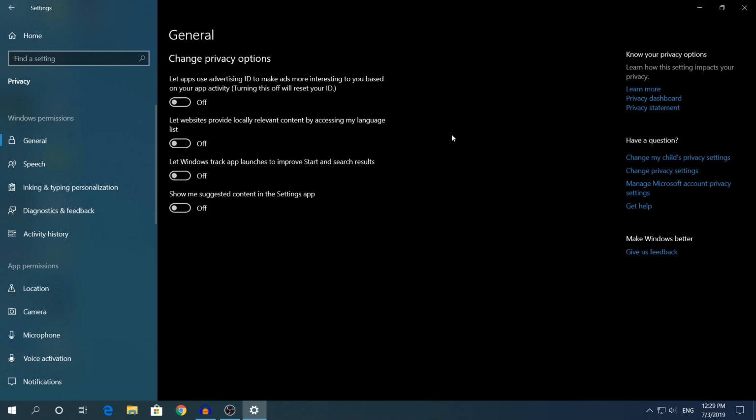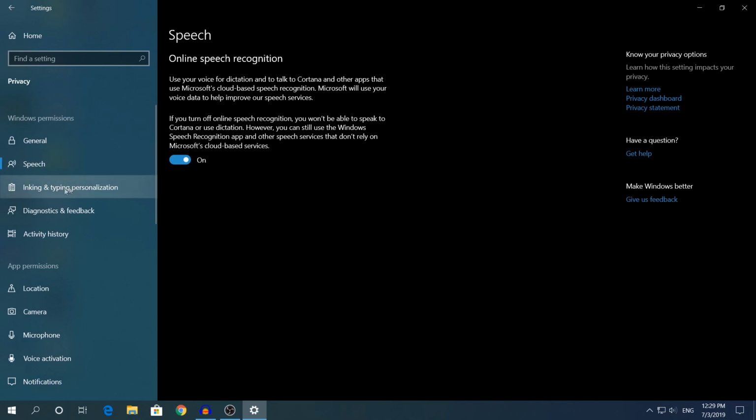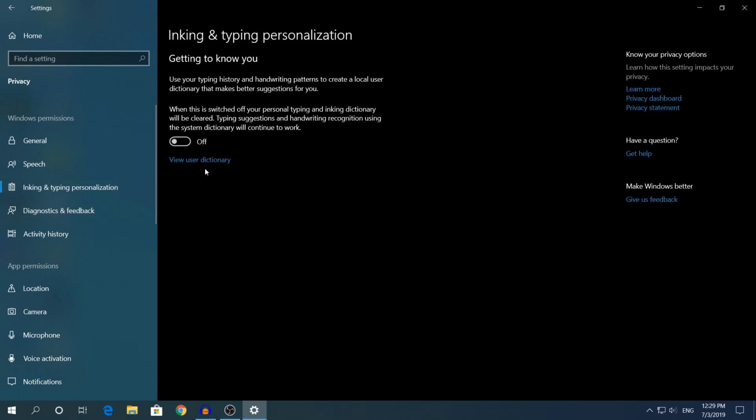It's like the same with Google. Google hears you when you talk alone or when you're talking with your friends, and it will show you ads that you have talked about. And yeah, this is very annoying. And after that, go to speech and uncheck online recognition, and go to inking and typing personalization, uncheck that, and